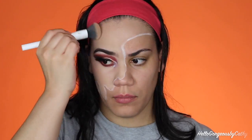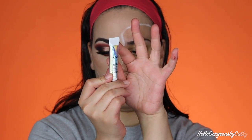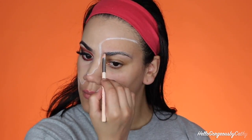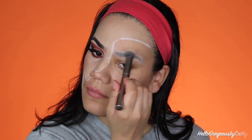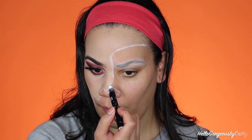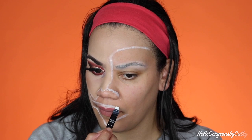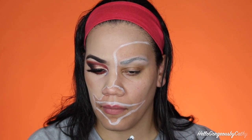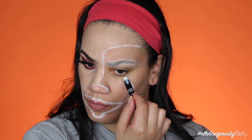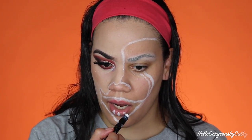And I went into my MAC Studio Fix powder and also in my highlighter from Wet n Wild. Now to matte out my eyebrows and hide them when I paint that side of my face, what I did was I used the glitter primer from NYX. And so I also used the Fit Me translucent powder just to set that primer in place so my brows don't go anywhere. And now I started drawing Pennywise's face, so his mouth, the teeth,